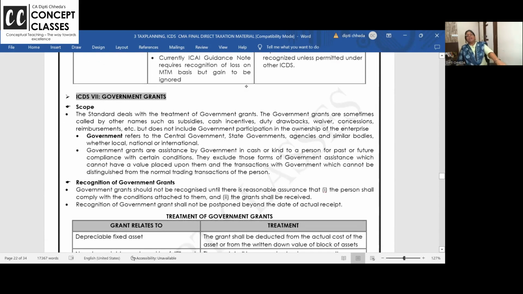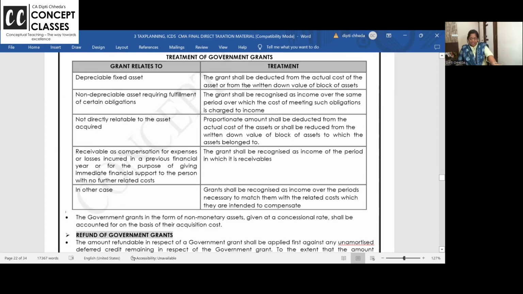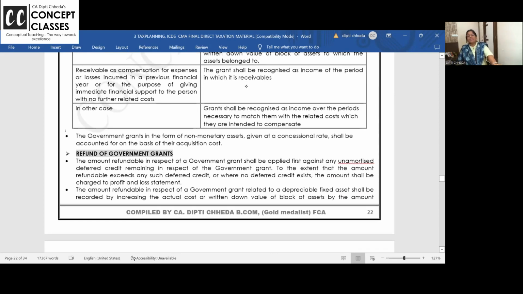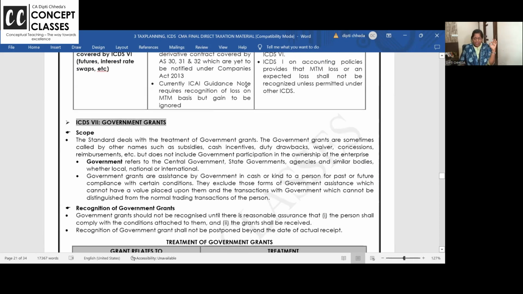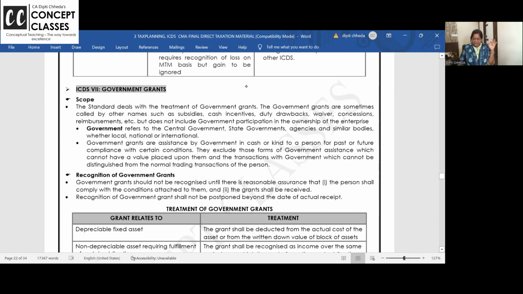Then we have done government grants. Superb, this is. Government grant, they say in accounts, whenever conditions related to grant are fulfilled, you recognize it as your income. Income Tax Act says, okay, if conditions are fulfilled or not, fine. But once grant is received, you cannot postpone the recognition. Grant received, take it as your income and pay income tax.